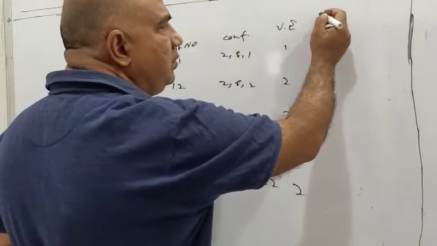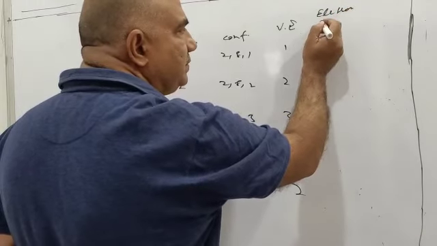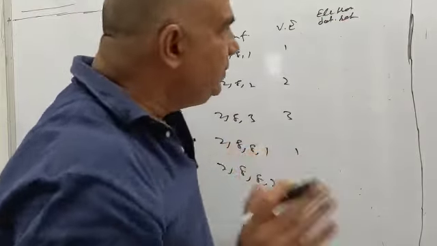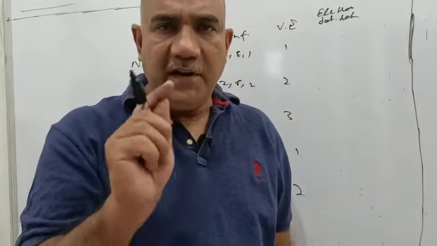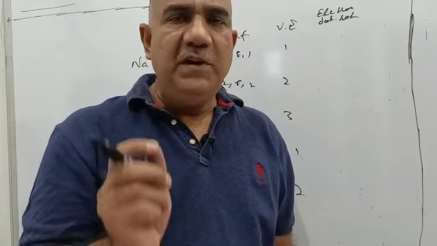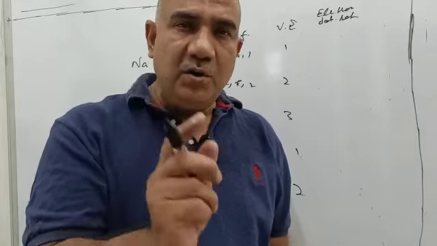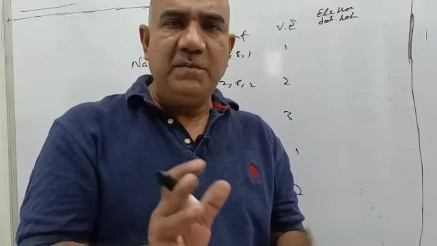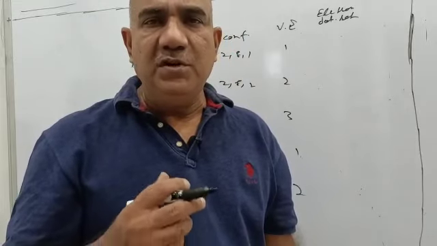So, electron dot representation. See, in electron dot representation, what we do is we put one dot on the symbol of an element for every electron present in the valence shell. Please do understand, one dot for every electron present only in the valence electrons. So as many electrons are present in the valence shell, those many dots are put on the symbol of an element, that is electron dot structure.